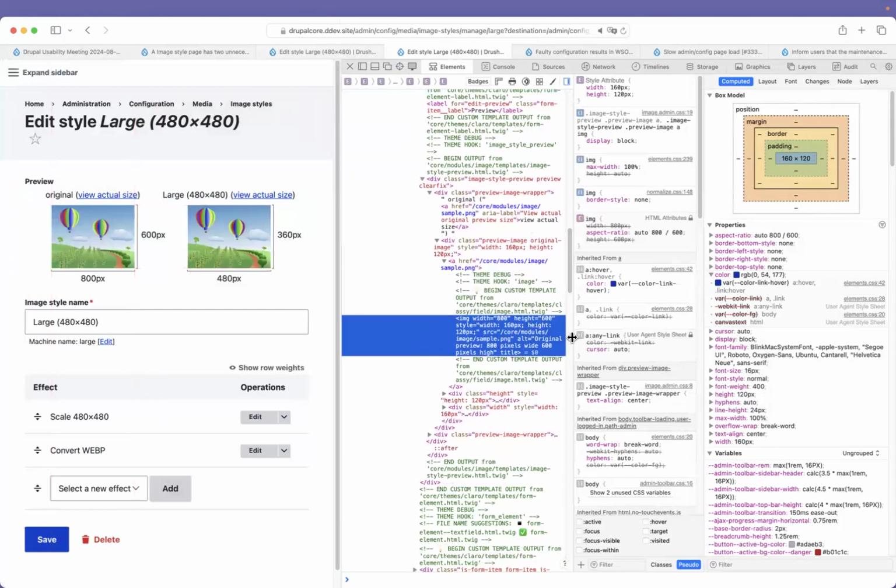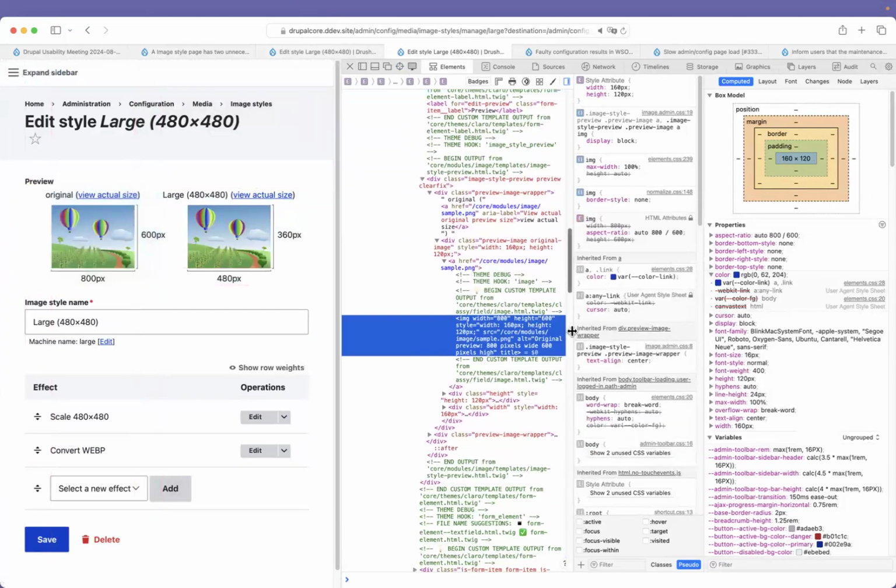Do you agree with me that sample original and sample whatever is terrible? Yeah, I concur. I do think it's terrible. I actually initially thought that sample was the name of the image. But it doesn't look like it's actually bringing in the name of the image at all. I think that's the only thing that I would have personally found confusing. I imagine that even as a sighted viewer, or user,